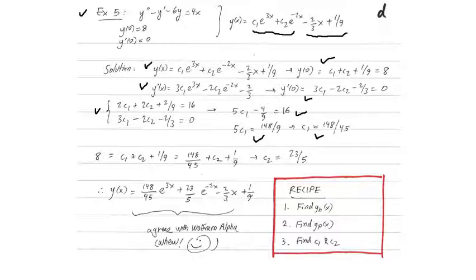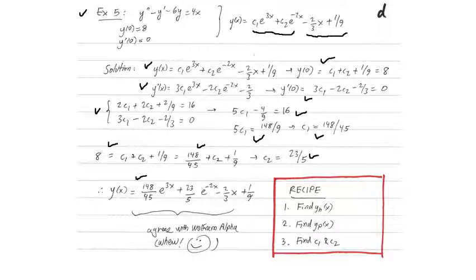And then we take that value and plug back into what we had originally for our top equation. Plugging that value in that we just found for C1, we get that equation for C2, which we solve and find C2 is 23 over 5. So putting everything together, plugging in the values of C1 and C2, that is our particular solution of our initial value problem,